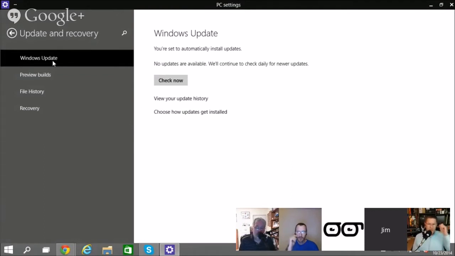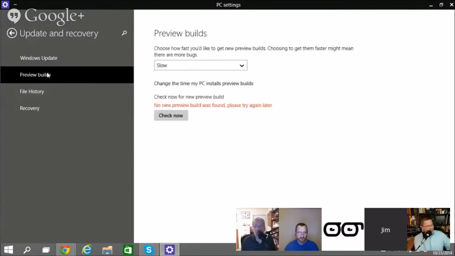I'm showing right now on the screen, so if you go to Update and Recovery and the Windows 10 Preview, and since I've already upgraded, it's going to look a little bit different, but this is where you go, where it says Preview Builds. That's right. And if you select on that, we're going to talk about some of the new options that are there, so we'll hold that for a little bit later. But that's where you'll see it right there. It'll say Update Build, and you click on that, it's going to download it and install everything for you.